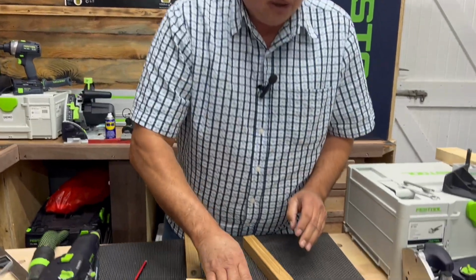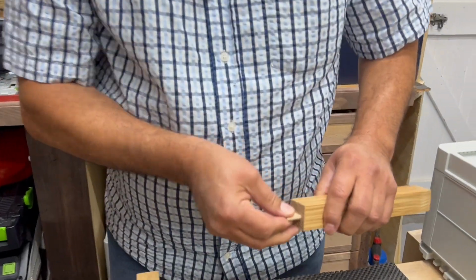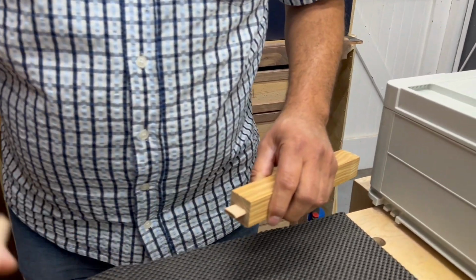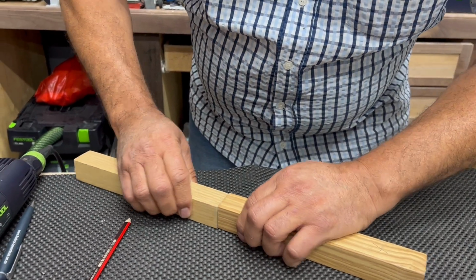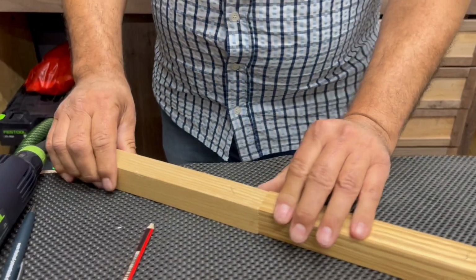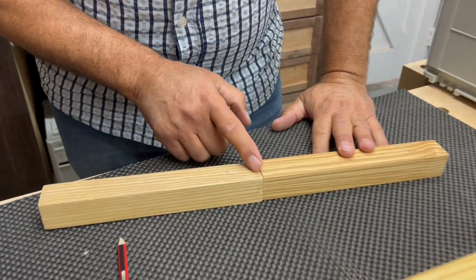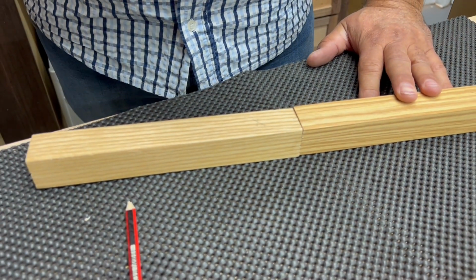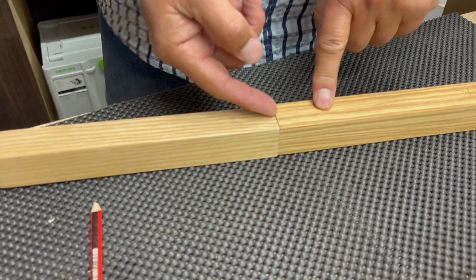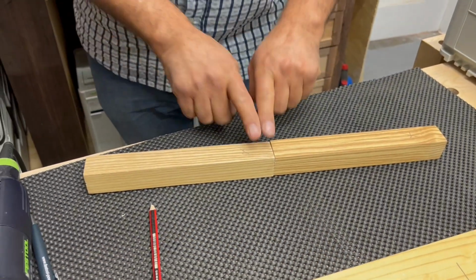We now take our domino, just take one of these out, push that into the wood on the side, make sure we've got our two X's. That lines up here. Joint. That is a bit of set out, but that is because the two pieces of wood are different thicknesses. So obviously it will actually be higher. You have to make sure that both pieces of wood are the same thickness to actually get that to be